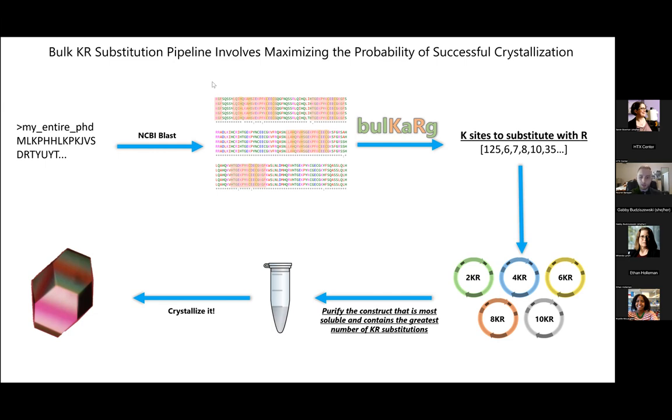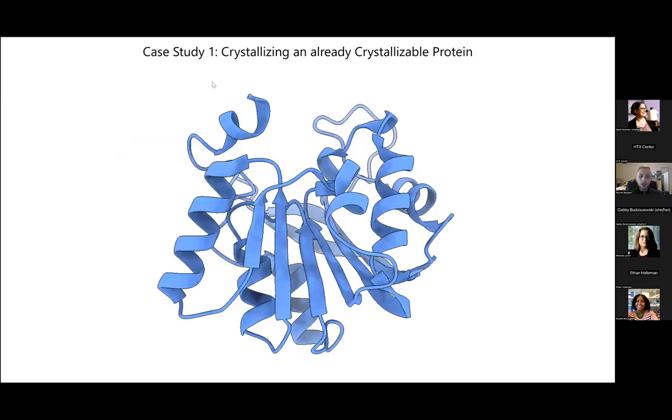diffraction quality crystal. So we used this method on 2 proteins, one of which already has its 3-dimensional structure available on the PDB and the other which doesn't. For case study 1, we wanted to see how this method works for a protein that already crystallizes incredibly well. This is a methyltransferase protein, and there's nothing particularly special about it other than it has lysine sites and it